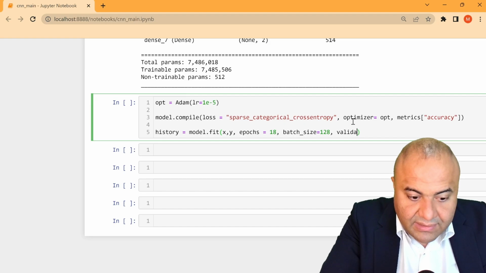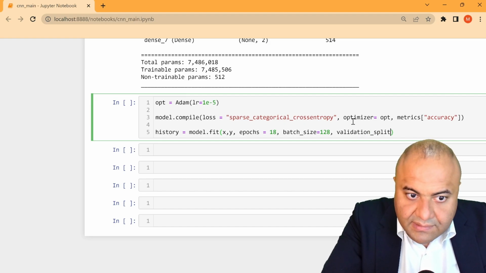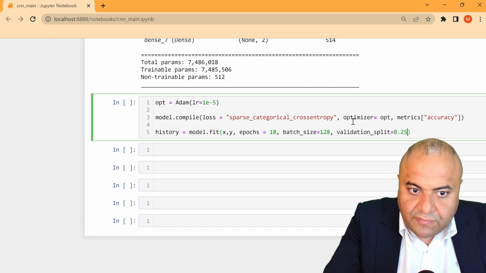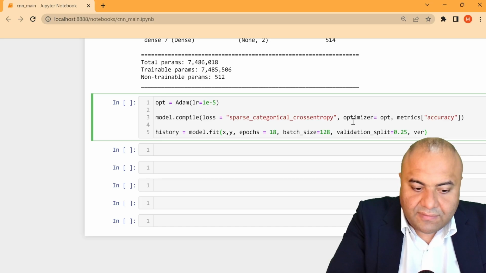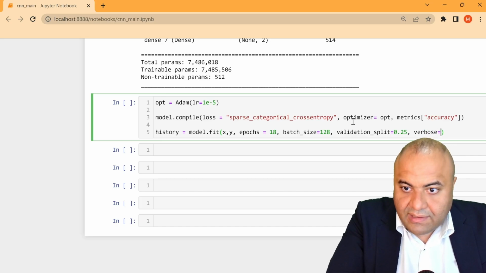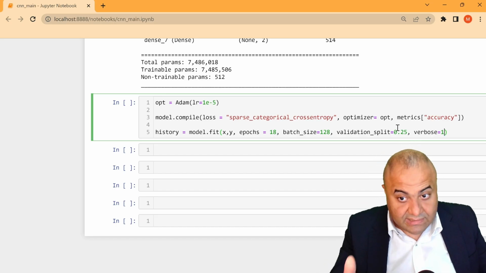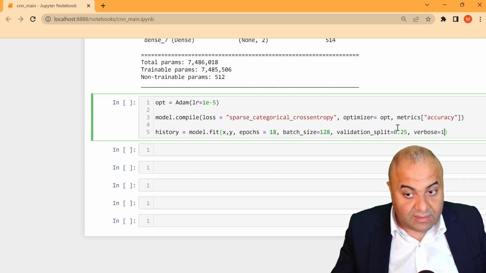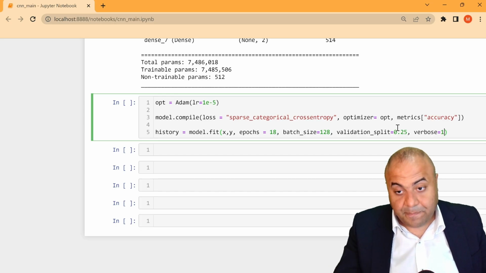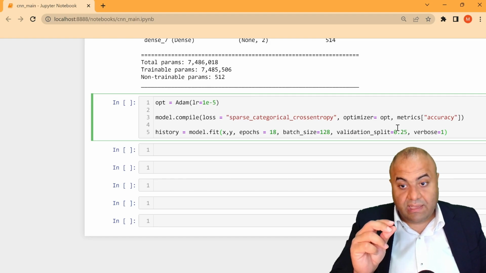Validation split equals 0.25, so a quarter of the data is going to be used for validation. And I'm not sure about this exact solver, but many times in neural networks and in machine learning, we take this 25%, and every epoch